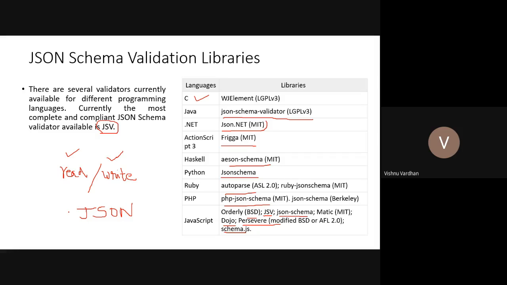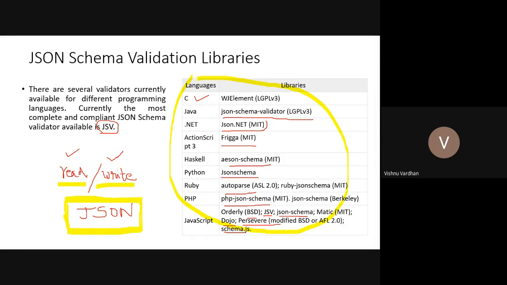So that's all about JSON. With that we have completed the JSON topic. JSON is nothing but a simple format which is in JavaScript kind of implementation, having similar syntax, and its capability is to mainly read and write the data from different programming languages. For that, we have so many open standard libraries available.